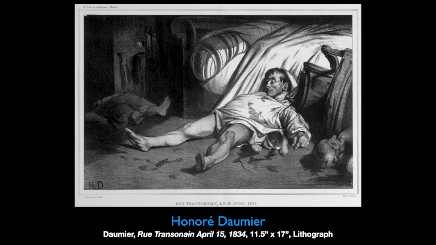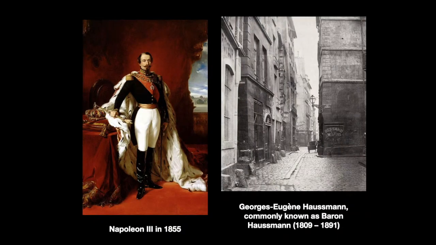Paris was an ancient medieval city with tight, narrow streets and roads, and it was a very difficult city to govern for that reason. It was very easy for the military to get ambushed in these tight, narrow chasms that were built up over time. And so the government put to this man, Georges-Eugène Haussmann, commonly known as Baron Haussmann, and they set him to design a new Paris, to rework the city, and to create a new kind of environment that would allow for the city to function as a modern city, and to get rid of a lot of these lingering neighborhoods